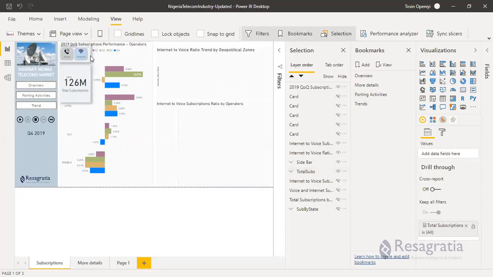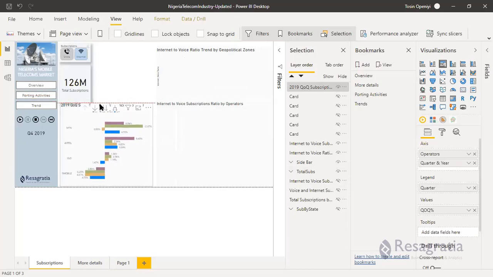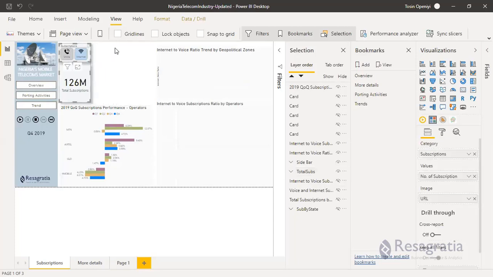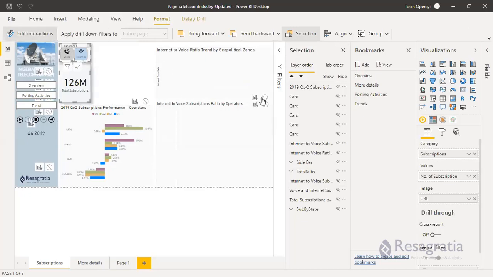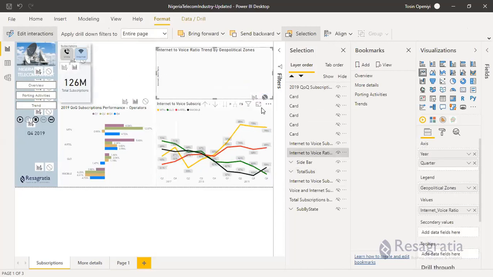So this filter, I don't want it to filter. Okay, voila. For this one, it should not. Format, edit interaction. Please don't bother, don't need you here. And for this other one too, not applicable here.